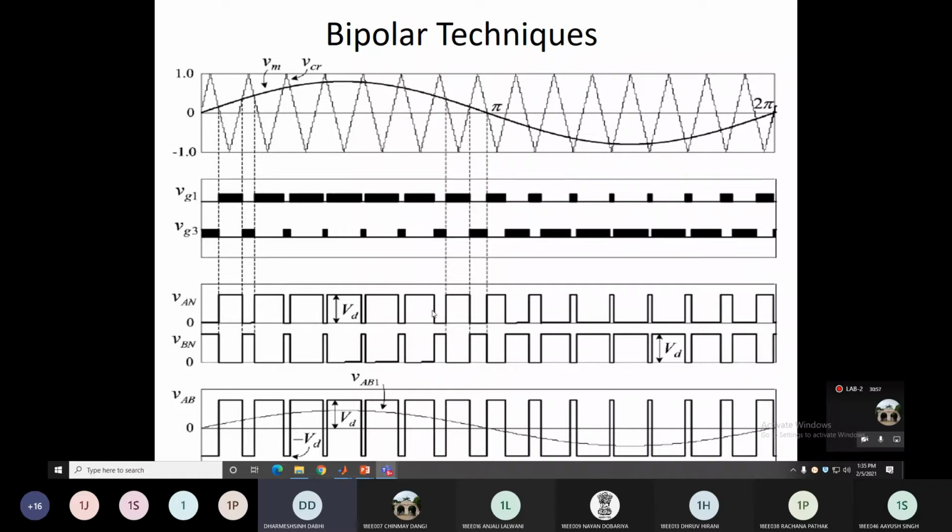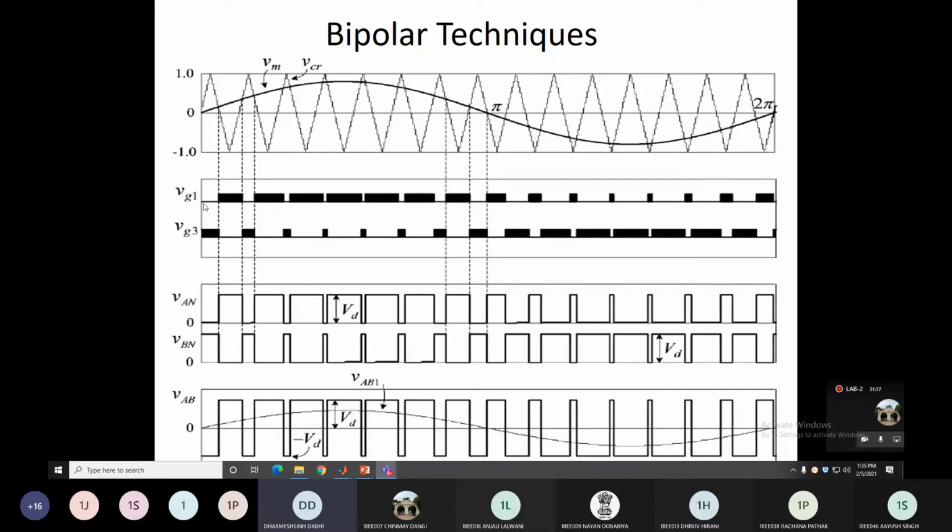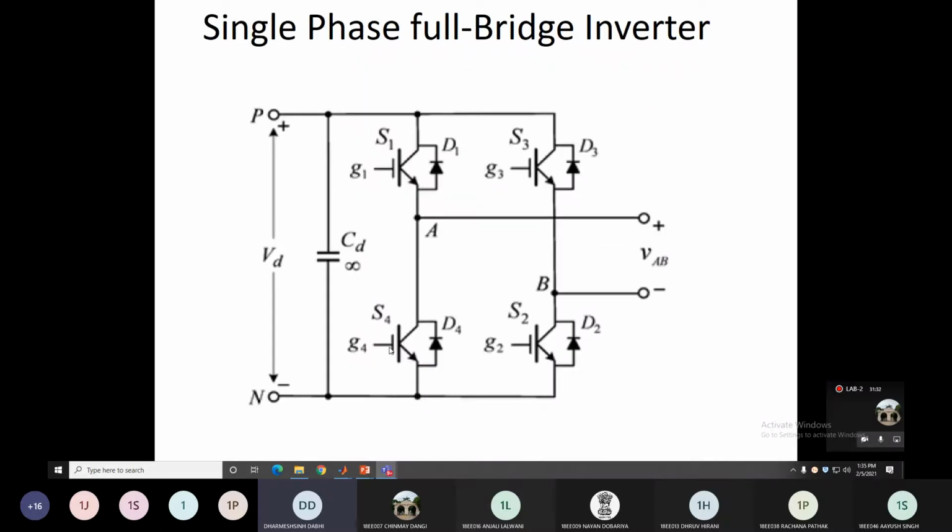Clear? Now, you can see that the next pulse is VG3. So VG3 is what? Exactly complementary to VG1. It means when S1 and S2 are on, at that time S3 and S4 must be in the off condition. Clear? So here you can see in this diagram, S1 and S2 are on during this interval. So between this interval from start 0 to this point, S1 and S2 are off. It means at that time apply the gate pulse to S3 and S4, these S3 and S4 switches.